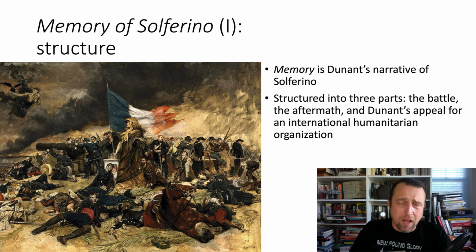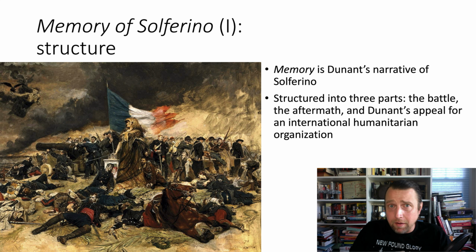Eviscerated bodies, pools of blood, injured, screaming, dying men. The experience gave him his life's mission, which was to form an international organization that would provide humanitarian aid to those injured in war, both civilian and combatant. It would take on the name the Red Cross. So, in any case, soon after he visited this battlefield and had this profound emotional experience, Dunant penned a narrative of the Battle of Solferino, titled, appropriately, Memory of Solferino, whose main argument was that something like the Red Cross, just such an international organization, was necessary.